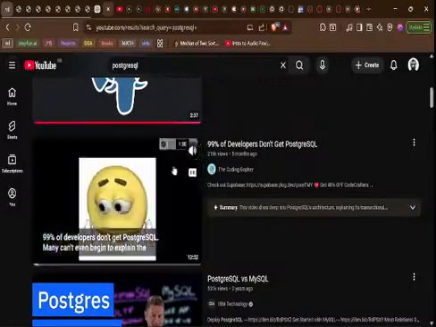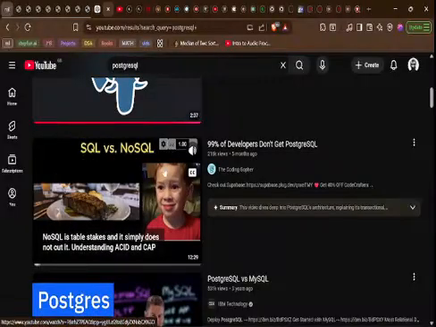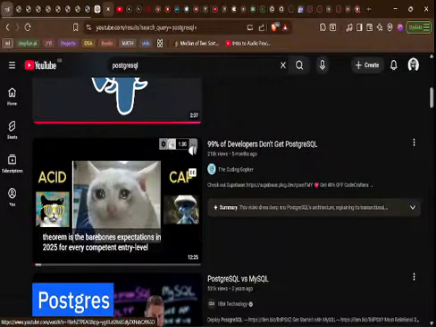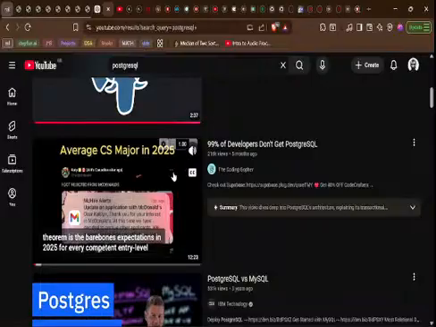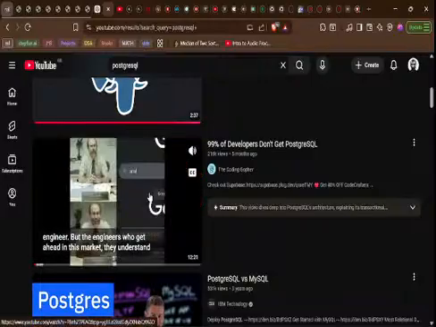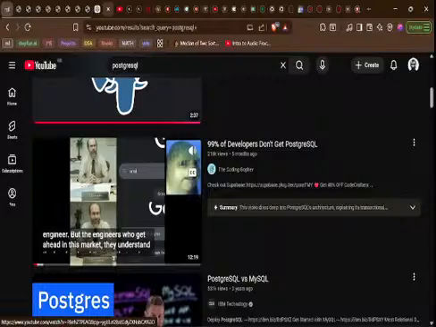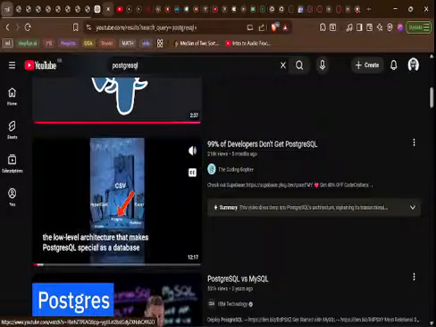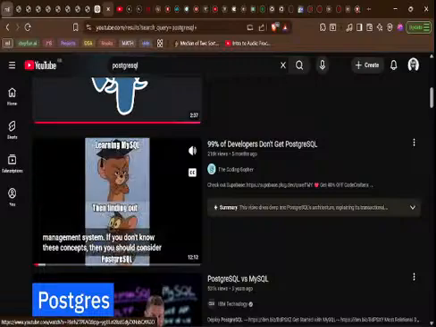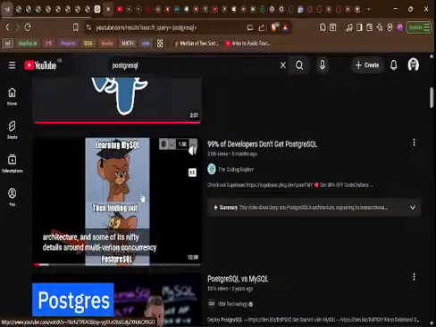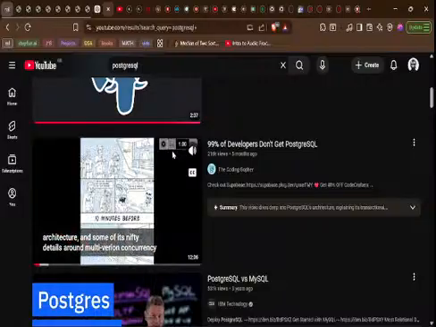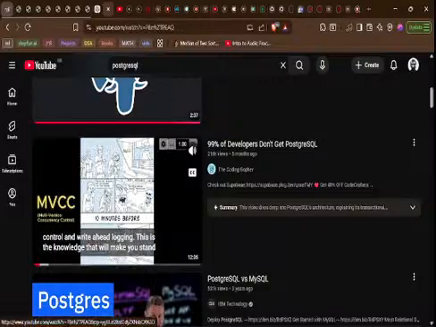of PostgreSQL over MySQL. Knowing the difference between SQL and NoSQL is table stakes, and it simply does not cut it. Understanding ACID and CAP theorem is the bare bones expectation in 2025 for every competent entry-level engineer. But the engineers who get ahead in this market, they understand the low-level architecture that makes PostgreSQL special as a database management system. If you don't know these concepts, then you should consider watching this video, where I'm going to break down how PostgreSQL works, its architecture, and some of its nifty details around multi-version concurrency control and